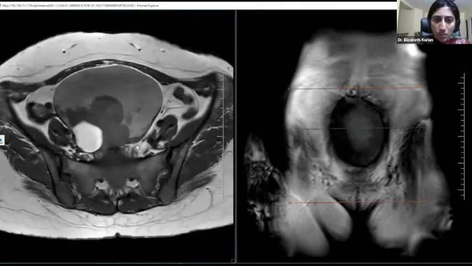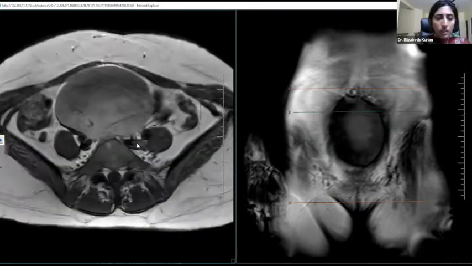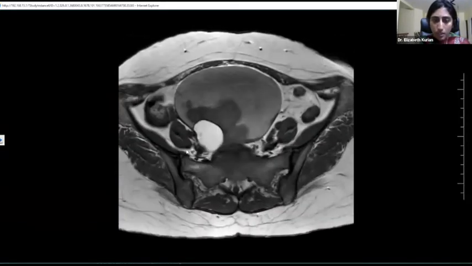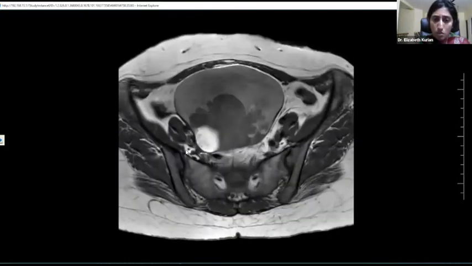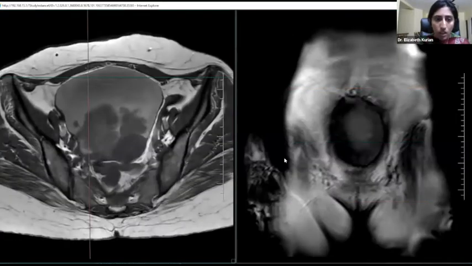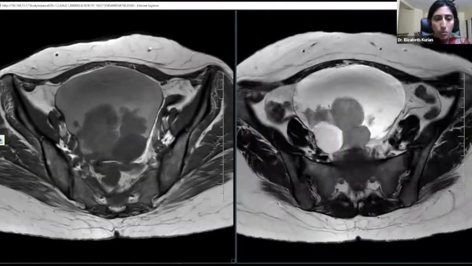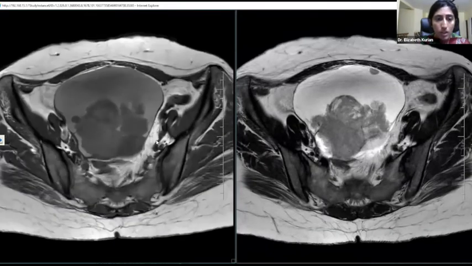Ma'am, I'll start describing. I'm given MRI axial images, T1 weighted images. It shows a large multi-septated lesion with solid component noted within. Part of the cystic part appears to be iso to hypointense, while part of the cyst appears to be hyperintense on T1 weighted images. There also appear to be solid components in the form of intramural projections, papillary projections, mural nodules, and large solid areas.